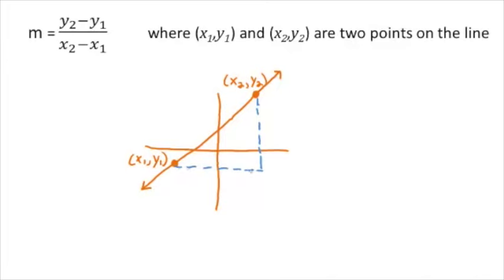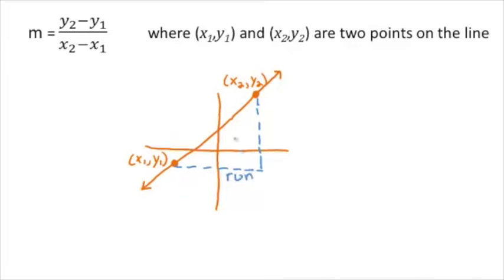This distance shows how far over we moved as we went from one point to the second point. So when you're moving from one point on the line to a second point on the line, you can also think of yourself as having traveled horizontally and then vertically to get to that point. The horizontal distance that you traveled is the difference between the two x coordinates, and that's called the run of